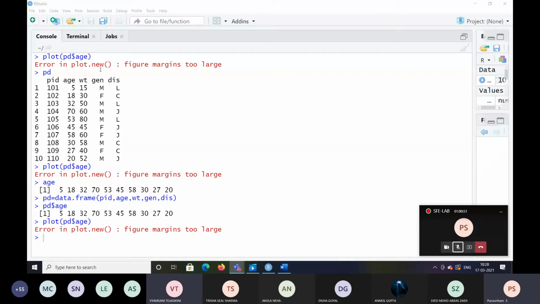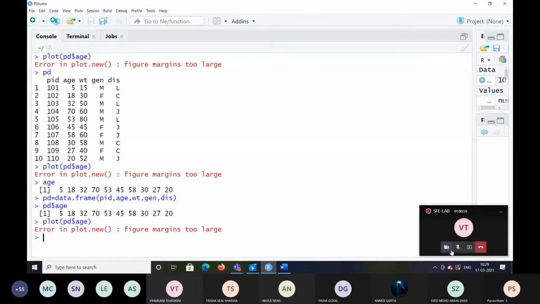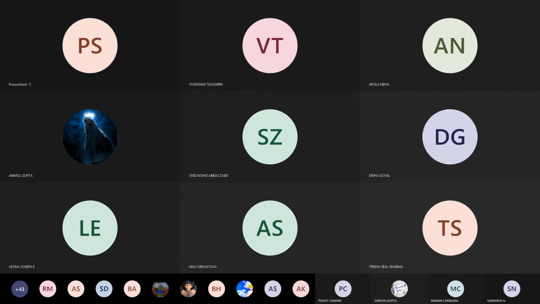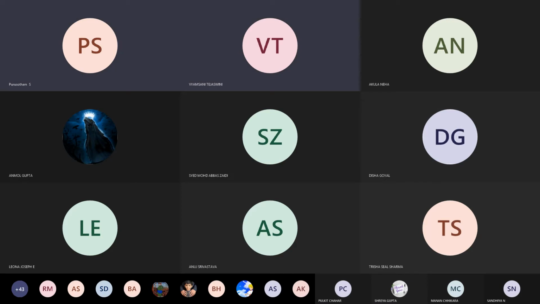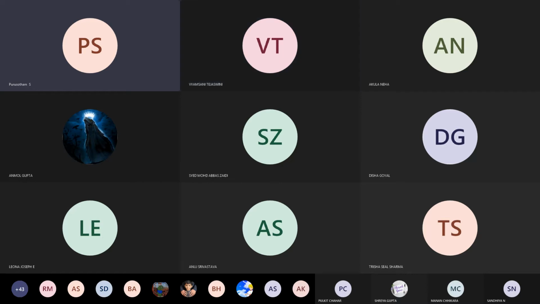I don't think others are getting it, sir. I'm getting the error: dollar operator is invalid for atomic vectors. Make sure the settings of your R program are correct, and check whether anything is prefixing or suffixing the dollar symbol. Let me see who is getting the error. Sir, Tejaswini. Sir, I'm listening from the mobile. May I share the screenshot? Can you raise your hand signal?